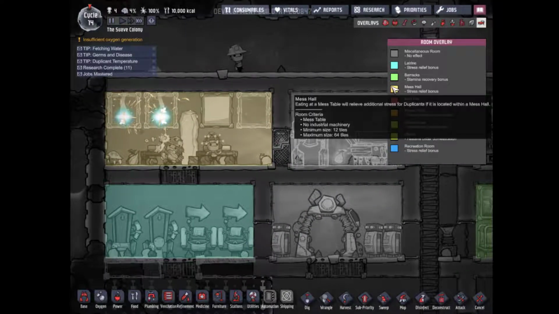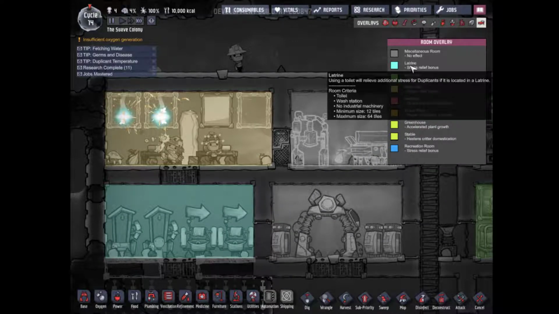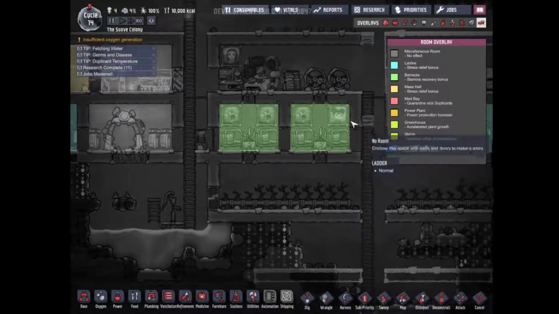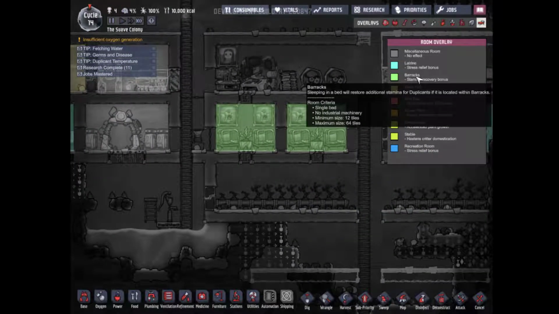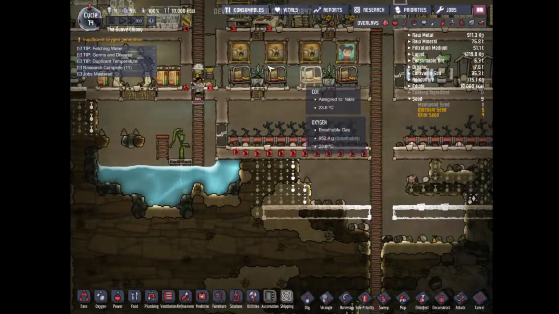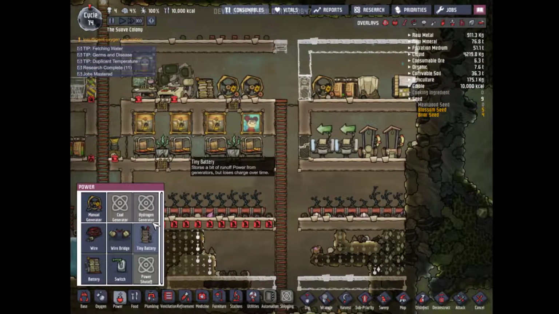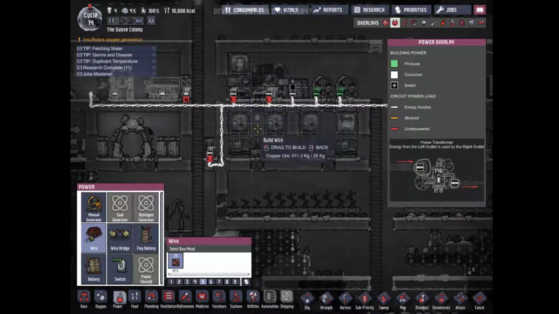You have a tile limit of 64 and a minimum of 12 in this case. The latrine, I think, is similar, yeah. But some rooms can be bigger. The barracks can be the same size. I like making small barracks so I can move my people around where I need to. Let's go ahead and...